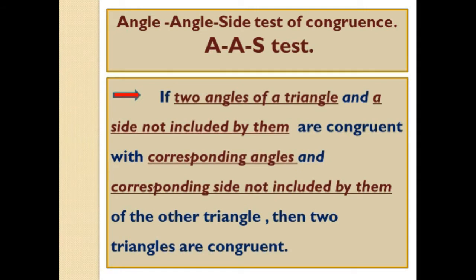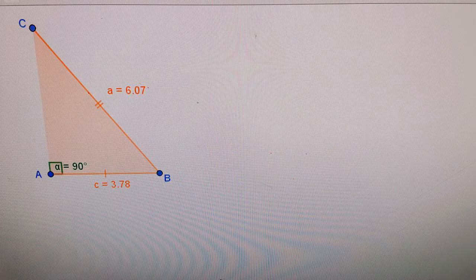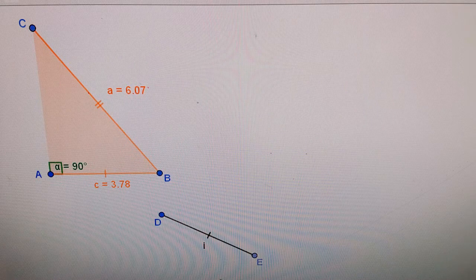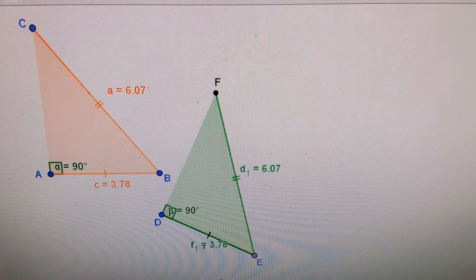Well student, now we are going to study the next test. Here again, you have to draw a triangle, therefore you have to take 3 points A, B, C and construct the triangle and identify their measures also. But in this case you have to draw a right angle triangle. This angle A is a right angle, and you are given two sides here. Using the same measurements you have to construct another triangle DEF. Draw again segment DE equal to AB. Draw a right angle here at the point D. You will get the point F using the segment BC and construct this triangle.